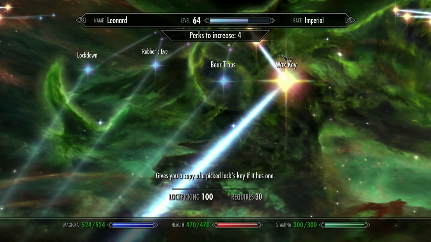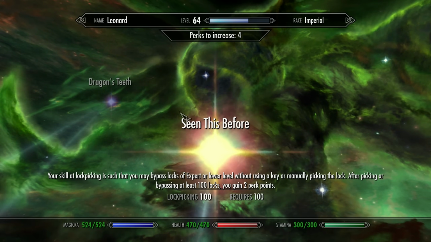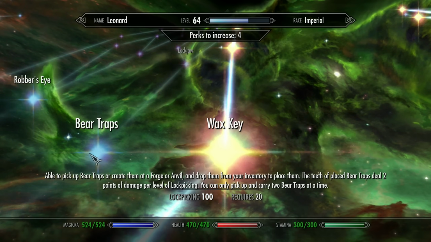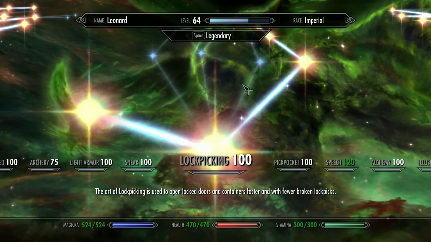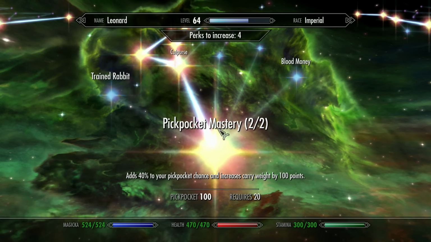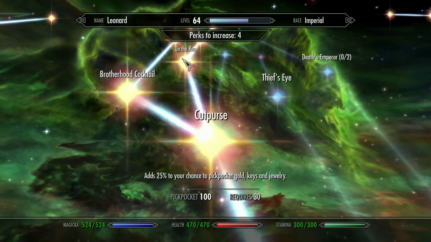And of course he's taken the ones that help get through locks, because that is so annoying. He hasn't taken any of the special ones. There are quite a lot of interesting perks in the Ordinator perk tree, and I've not taken those. Pickpocket, definitely. This is actually originally one of Leonard's most powerful tools when combined with his alchemy, because he just